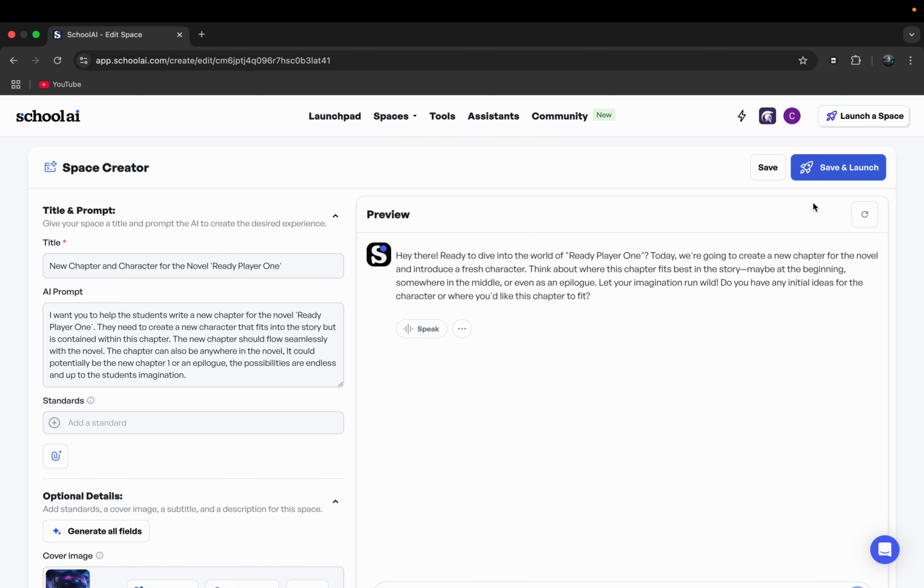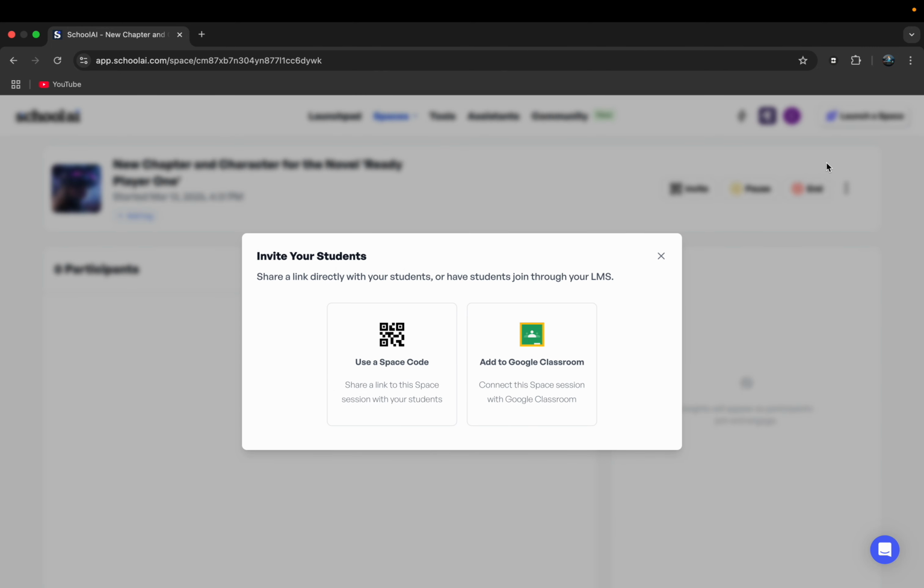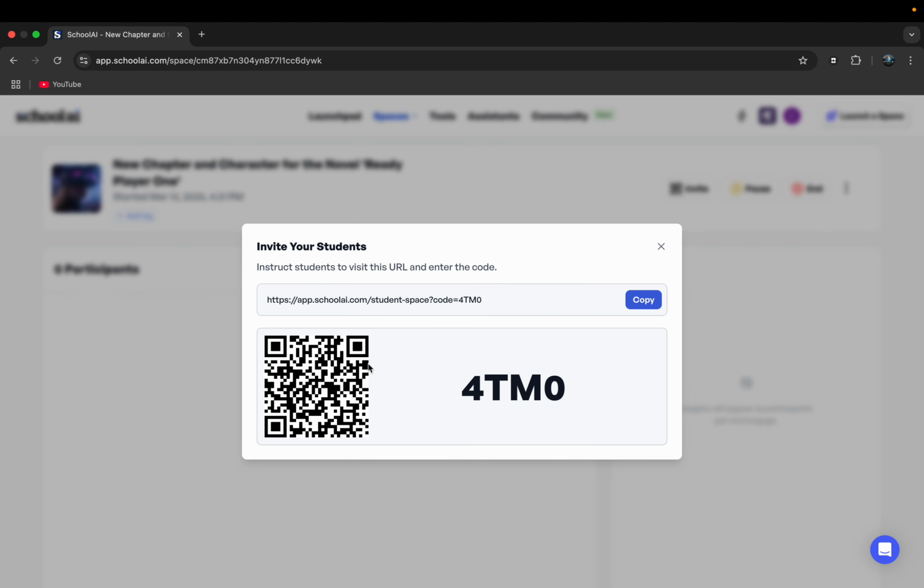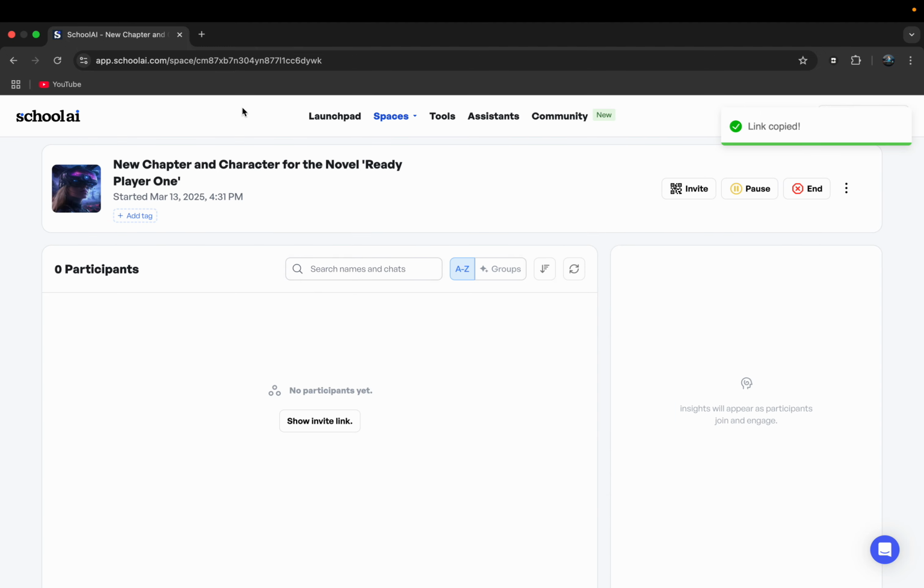So once you're happy with your space, you go to save and launch, and then it goes up to this section. You could use a space code, or you can add it to your Google Classroom. So if you use a space code, you would just copy this link. You'd go to that website,